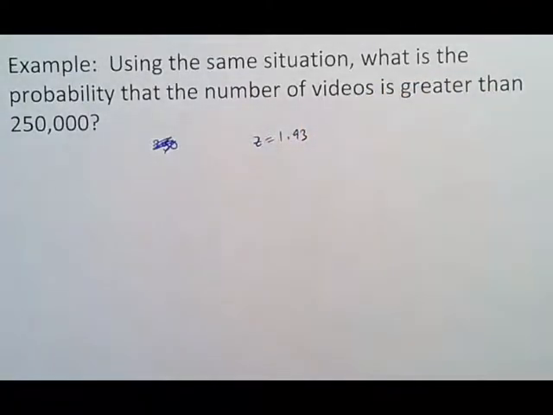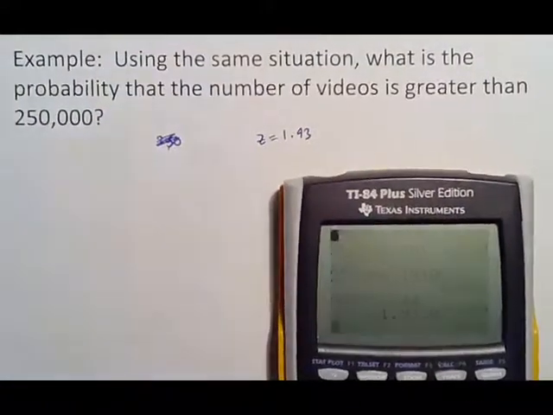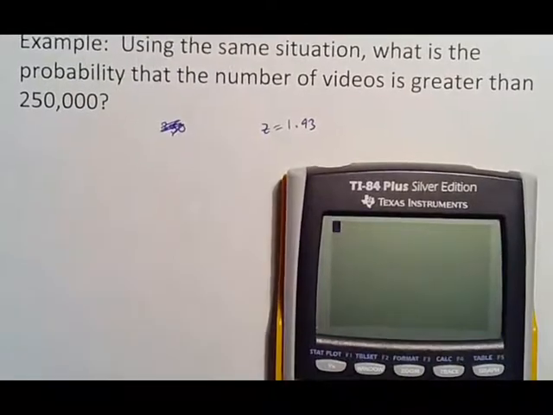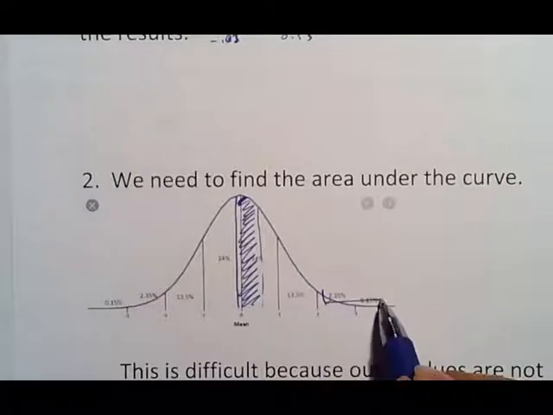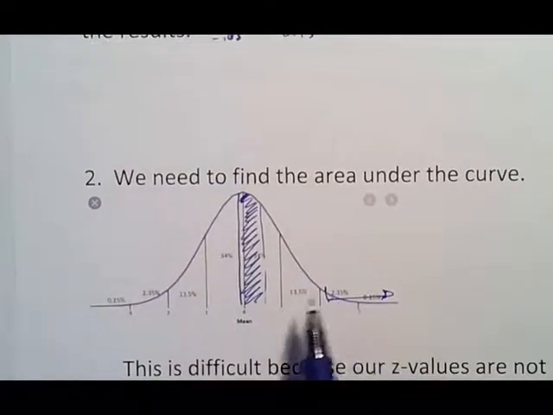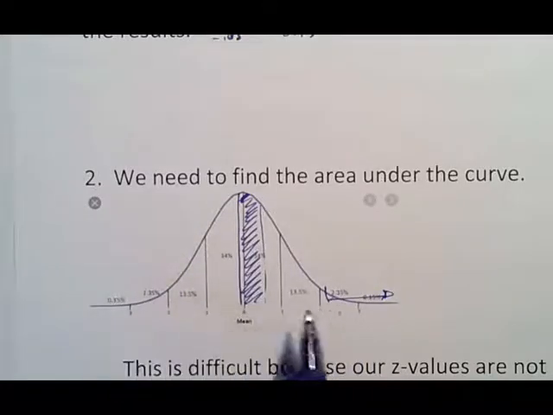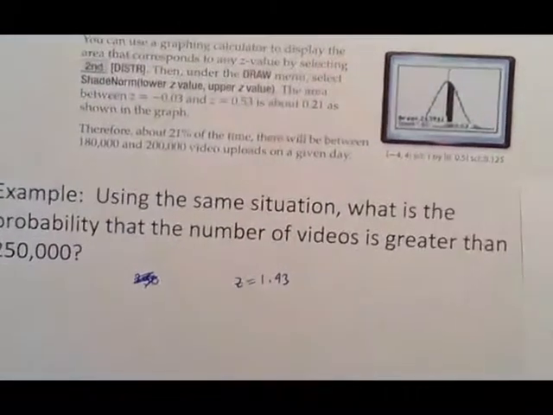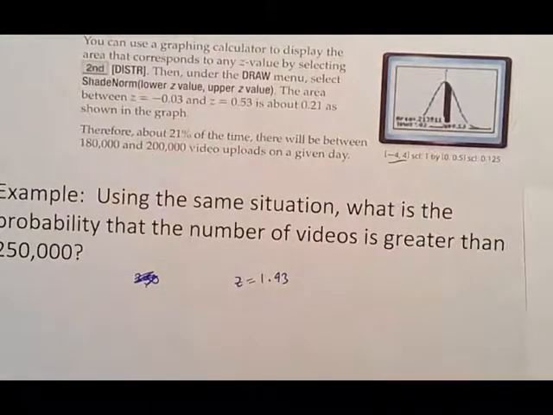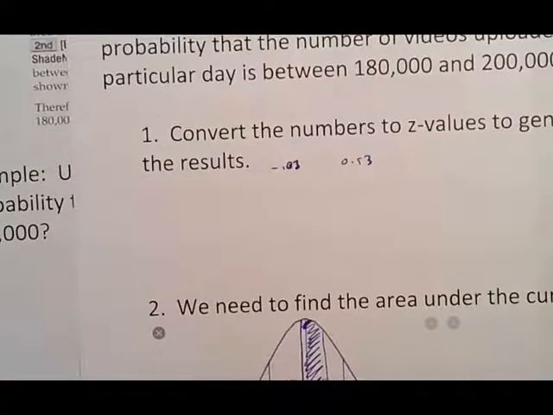Now that we know that, we want to put that in our calculator. So how do you do greater than 250,000? Well, here's where your understanding of the curve comes into play. Whatever number we pick here, we want from here all the way over. And if you think about it, all these numbers represent 99.7%. So as you can see in the calculator picture that we have here, the typical numbers you can use are just -4 to 4, because the majority of all your information is between -3 and 3, so you can kind of approximate.